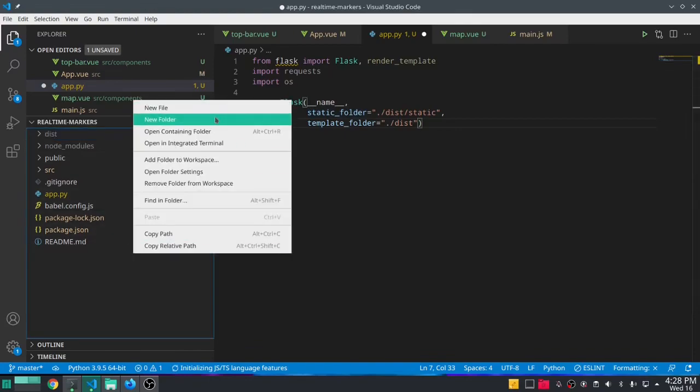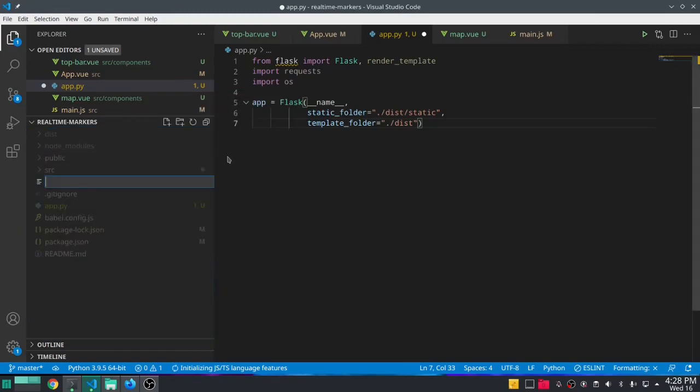If you guys come across a problem where every time you build, your build isn't actually updating, it's probably because your browser is caching the old build. But anyways, we're going to create a new file in the root directory, and we're going to call it